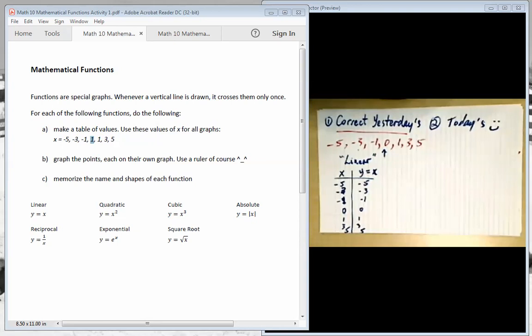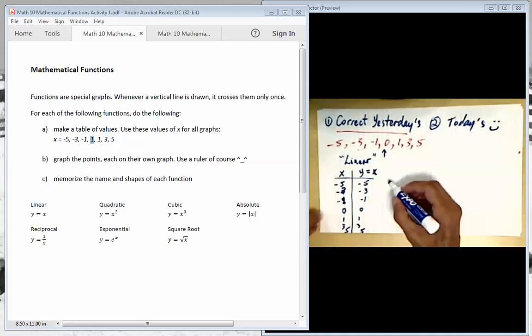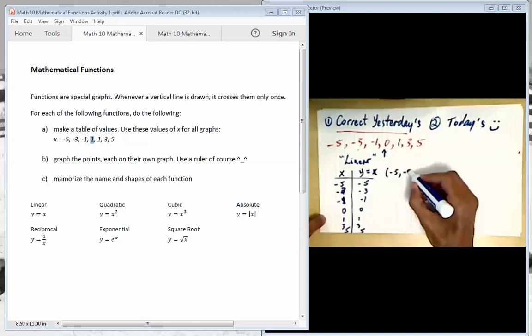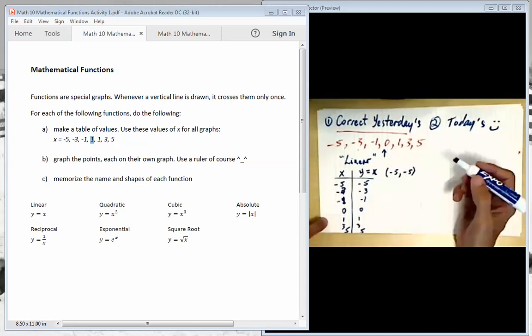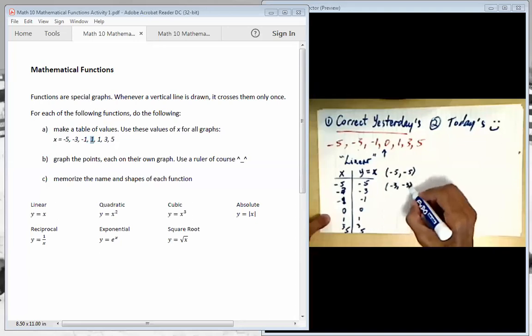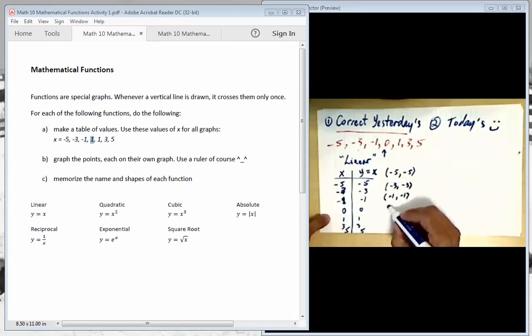Okay. Now from these, we get a bunch of coordinates. We get -5 and -5. That's a set of coordinates that you know what to do with, right? The next, it's a little messy, but that's a -3 and a -3. Still messy, -1, -1, but now looking good, right? 0, 0, 1, 1, 3, 3. See, these are the points now that you create, that you put on